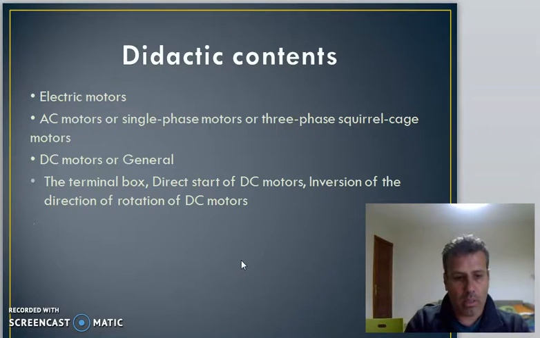Didactic contents. Didactic contents that will be seen within the unit of work are electric motors. Types of electric motors. Internal part of electric motor, external part of electric motor. AC motors or single-phase motor or three-phase squirrel cage motors. Direct start of a three-phase motor, lack of a phase in the power supply of a three-phase motor, reversing the direction of rotation of a three-phase motor,